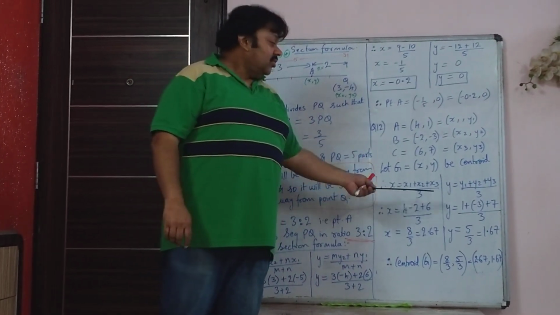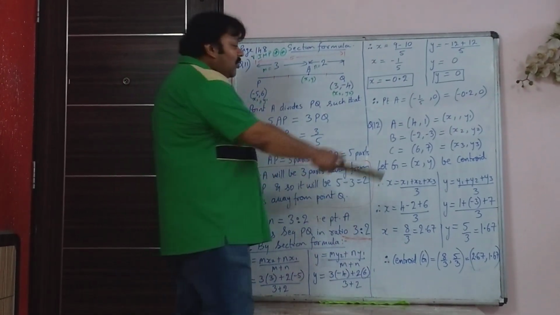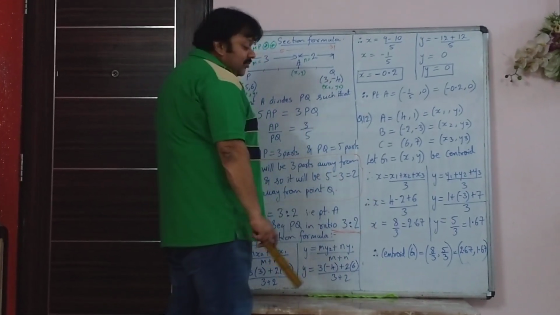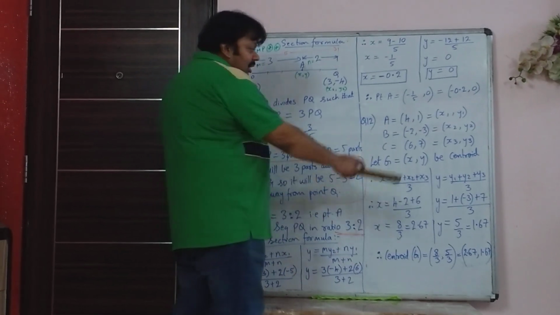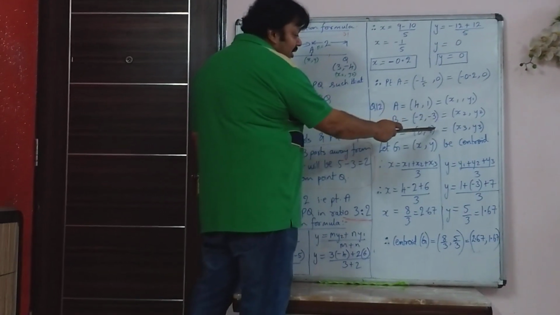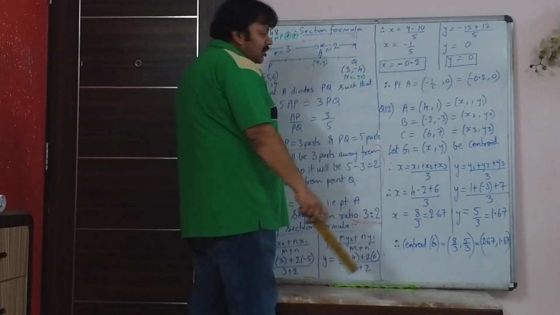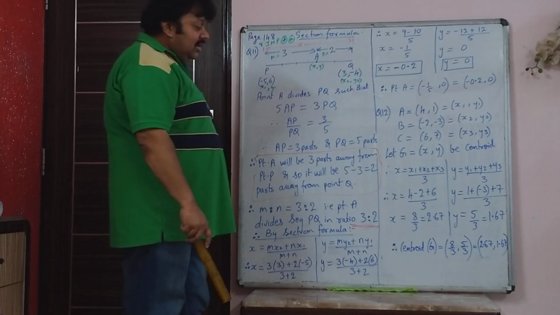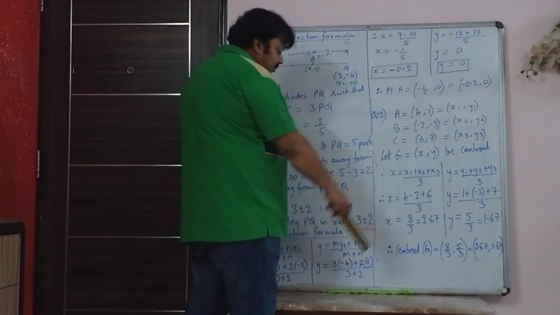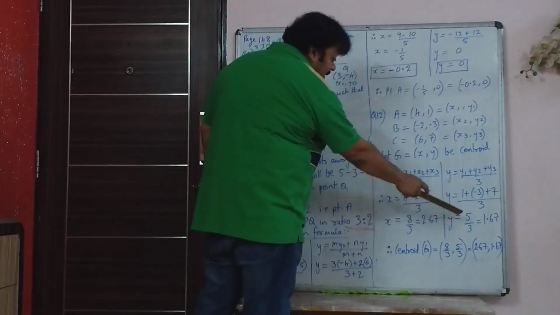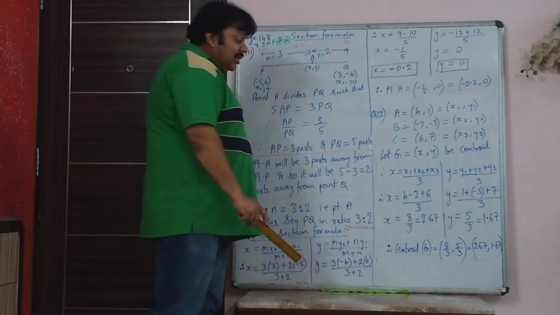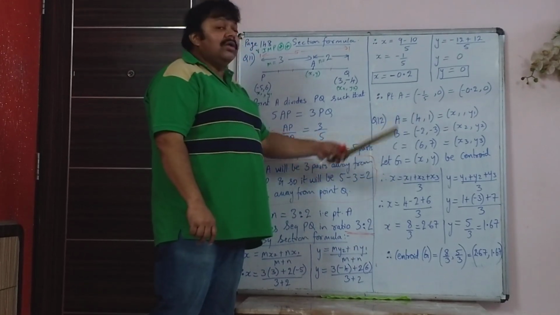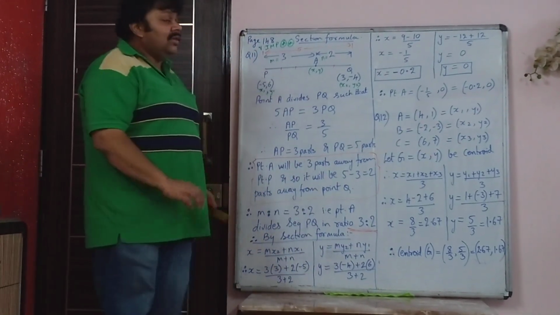So you can directly use the centroid formula and write 4 plus minus 2 plus 6, that is 8 by 3, or 2.67, and your y coordinate of the centroid will be y1 plus y2 plus y3 upon 3. So 1 minus 3 plus 7, so that is 5 by 3 or 1.67. So the centroid is 8 by 3 and 5 by 3. That is 2.67 or 1.67. So that is the centroid of triangle ABC. So we will continue with the next sum.